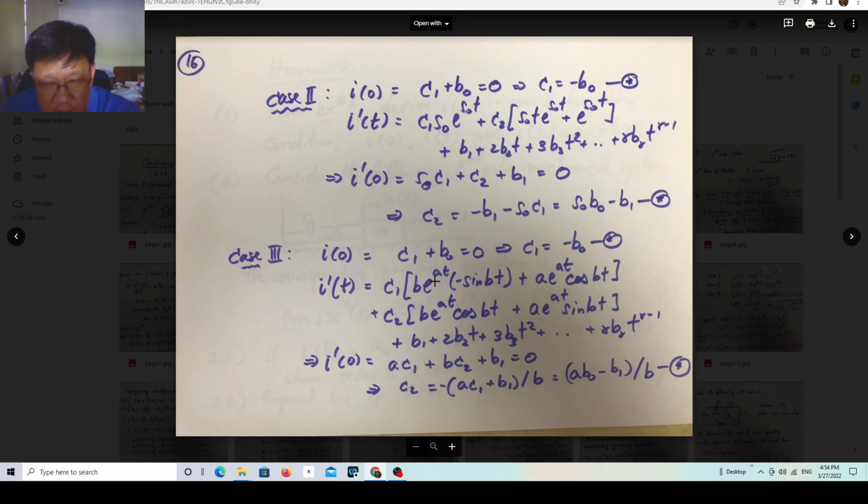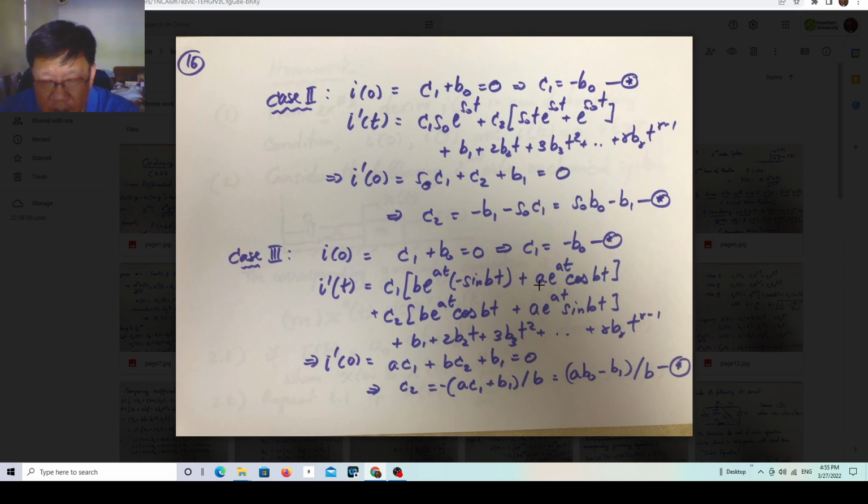You take e to the at as u, v is cos bt, so the first term is e to the at, and you find the derivative of cos bt, which is minus sine bt, and then you find the derivative inside of sine, bt by dt, you get b here, plus